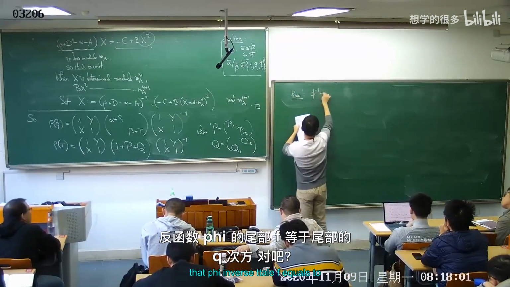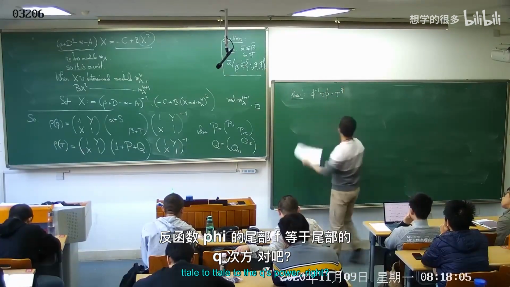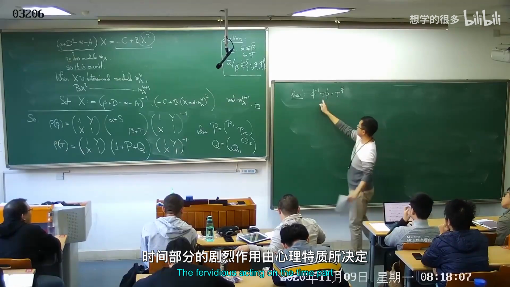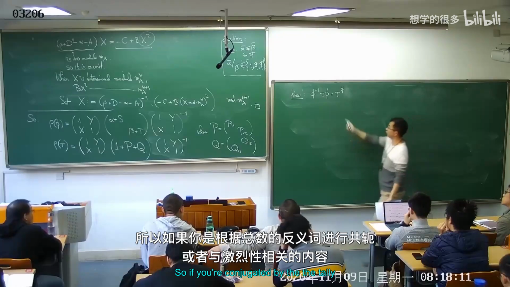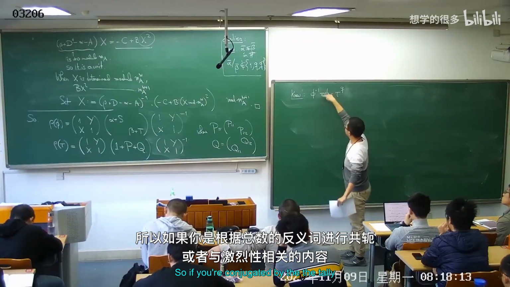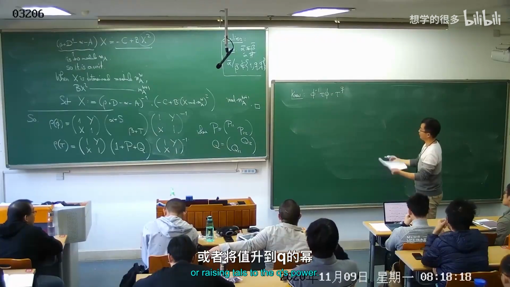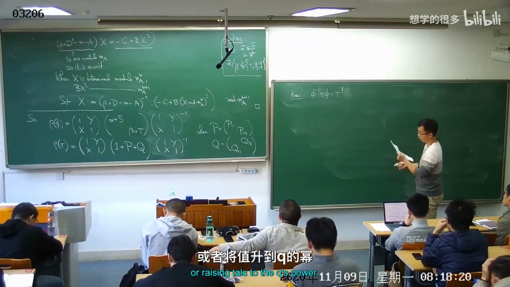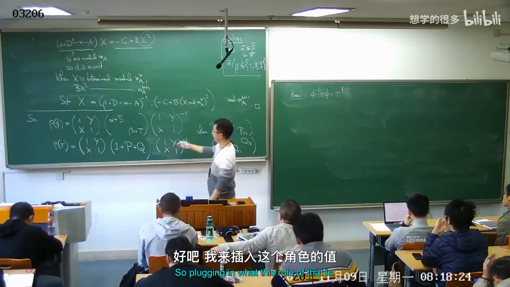So now we know that phi inverse tau phi equals tau to the q's power. Right. The Frobenius acting on the tame part is given by the cyclotomic character. So if tau is conjugated by the inverse of geometric Frobenius, so it's arithmetic Frobenius, we're raising tau to the q's power. So plugging in what rho of that is,